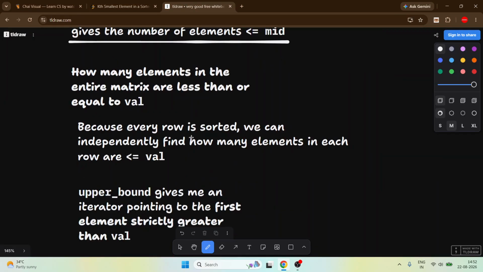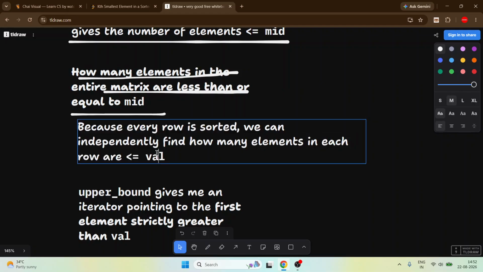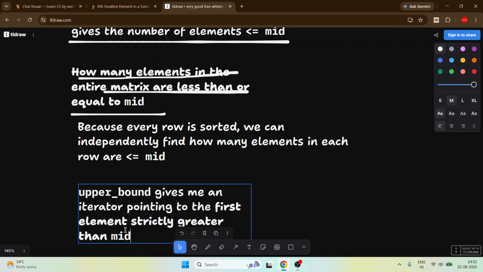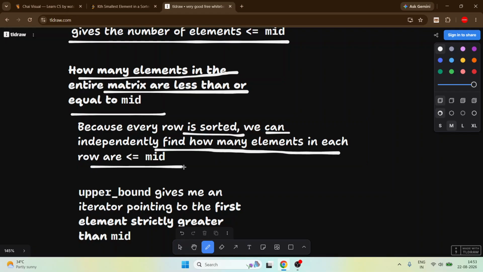Here we are checking. So why are we doing this? We want to find how many elements in the entire matrix are less than or equal to this mid. So we want to find how many values are present in the matrix that are less than or equal to mid. Because every row is sorted,